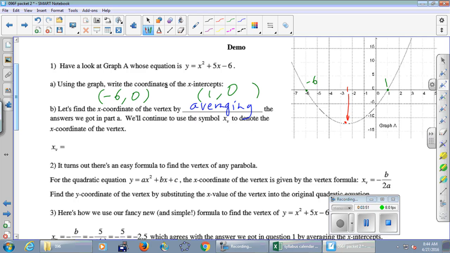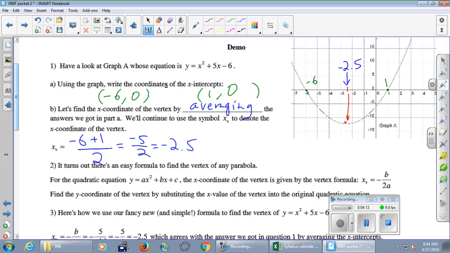So x sub v means the x-coordinate of the vertex, and we're just going to average the 2 numbers we found. So -6 plus 1 divided by 2, right? Add up the numbers and divide by 2. And so that's a -5 on top and a 2 on the bottom, or -2.5,